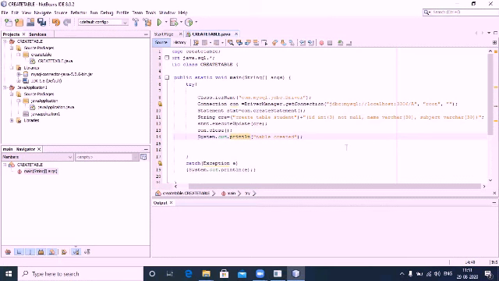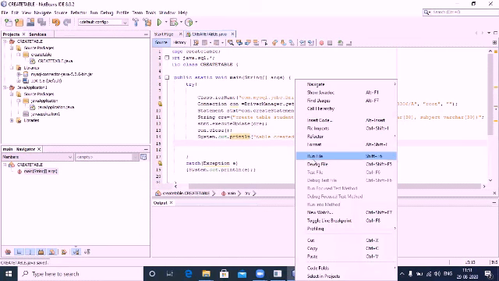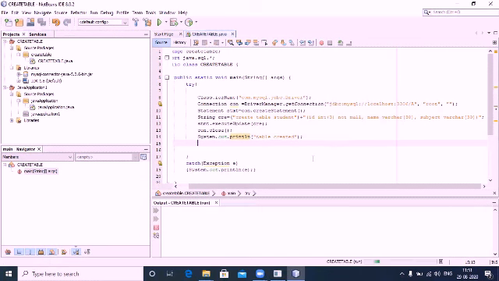Let me save this program first by Ctrl S. Now let me right click here, run the file just to see whether the table is created or not. It's still running here. See now, table created. It's showing table created.